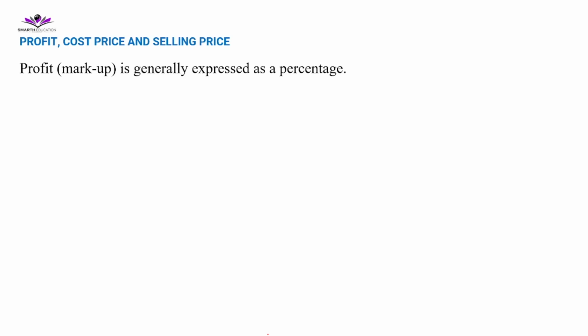Profit, some texts refer to profit as a markup, is generally expressed as a percentage. Like for example, percentage profit, we can say is the profit amount. Now we know how to calculate the profit amount. The profit amount will be the selling price minus the cost price. So percentage profit is the profit amount divided by the cost price times 100% over 1. Okay, some people just say 100 over 1 here because this may be confusing sometimes. You may end up putting this percent in the calculator. Please take note, when you're doing these calculations, don't put this percent in the calculator, just use the 100 as